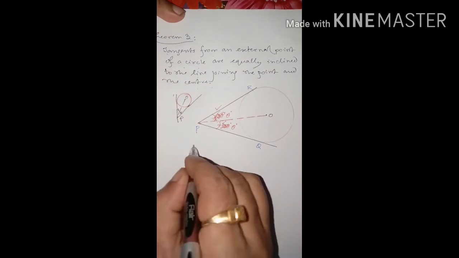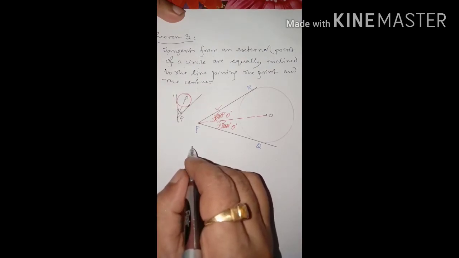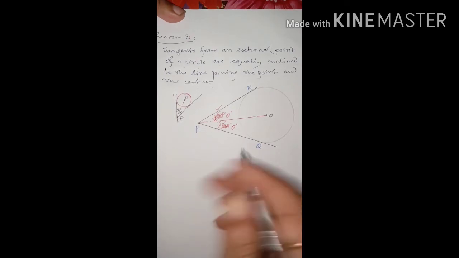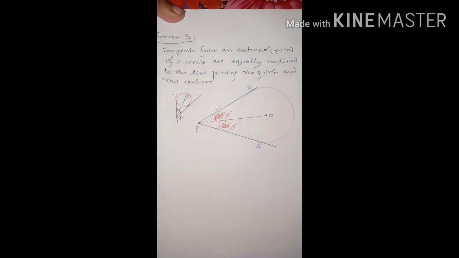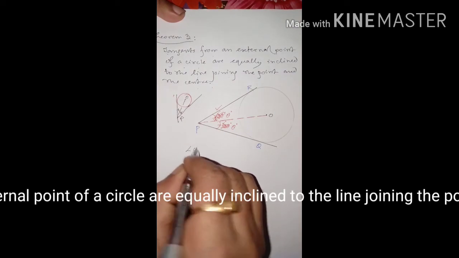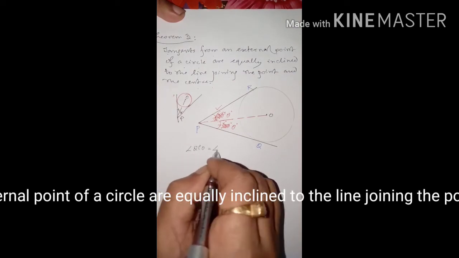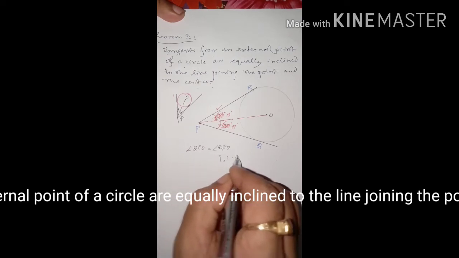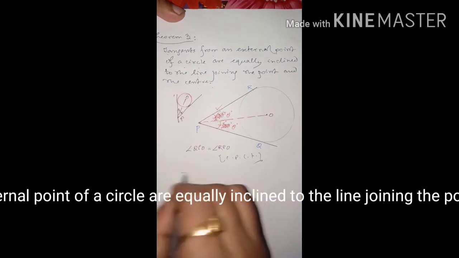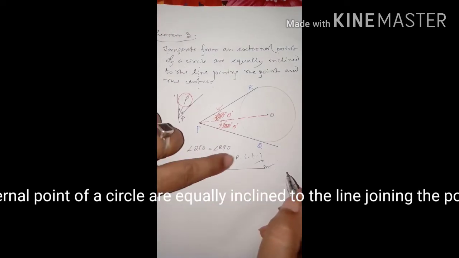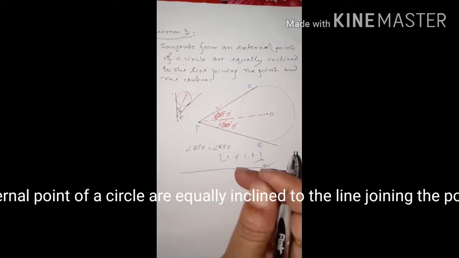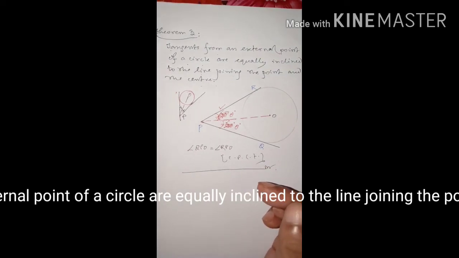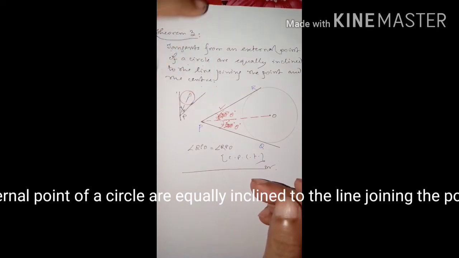I will not give the proof separately because the proof is already given in the second theorem. That proof itself we can write. You only have to write the last line that I have shown, that angle QPO is equal to angle RPO because of CPCT. You have to change the 'to prove' part. The 'to prove' part is this one, and the last line of the proof is this one. The rest of the things will remain the same as theorem 2. So the same thing you can repeat in theorem 3 also. Okay now?